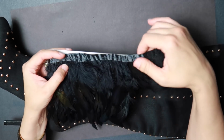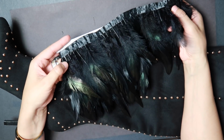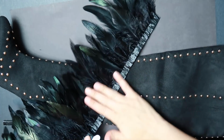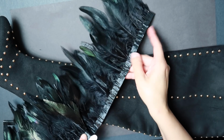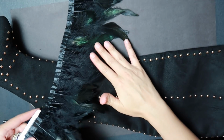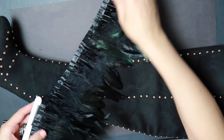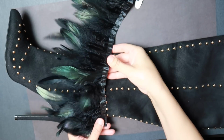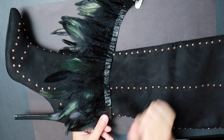So let's get started. So you're going to be taking your feathers here, and what I've done is I have flipped them over to the darker side. So this is more of a black side. This is more of the iridescent green side, and you can choose how you want to lay them on the boot. Keep in mind that if you lay them on the green side here, they are going to lie flat,